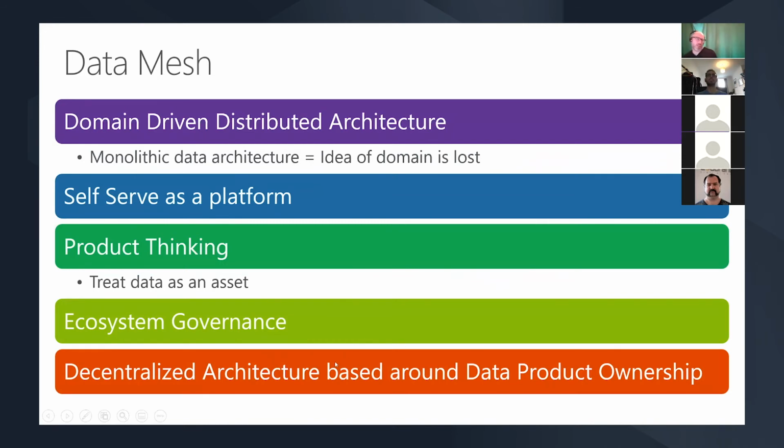So data mesh is a domain-driven architecture. It's all about the domain that the data is in. It's more about is this HR data, rather than here's some data, stick it into a data lake. It's about people taking ownership for that domain of data, rather than people taking ownership for this data lake that's got some data in that who knows what data's in there. Some of the other concepts behind it are self-service, product thinking, like I said before, treating the data as if it's a product, ecosystem governance, and